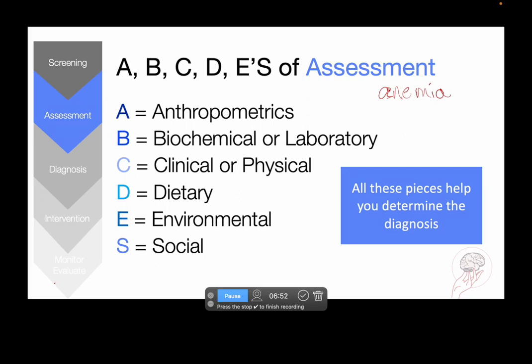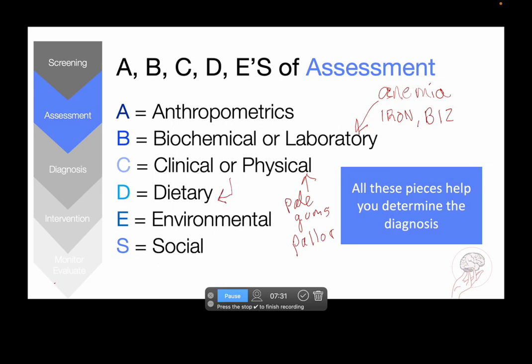For anemia, we will probably have some biochemical or laboratory things like iron, maybe B12, but we'll also have clinical and physical signs: pale gums, maybe general pallor. From these two, we can start to assume that it is an anemia, and then it's a good job to